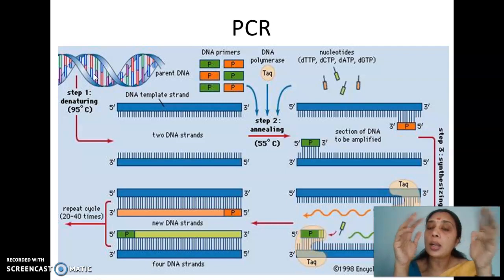These two single strands are now acted upon by primers. They will be exposed to numerous primers. So the primers which are having complementary sequences will be coming and getting attached. This phenomenon is known as annealing. Annealing means joins. So this annealing process is happening at a reduced temperature, that is at 55 degrees Celsius. That is exactly 55 degrees Celsius, but the temperature can range between 50 to 60 degrees Celsius. At this temperature range, what happens? The primers come and join on the 3' end of the strand, so that a new 5' to 3' sequence starts